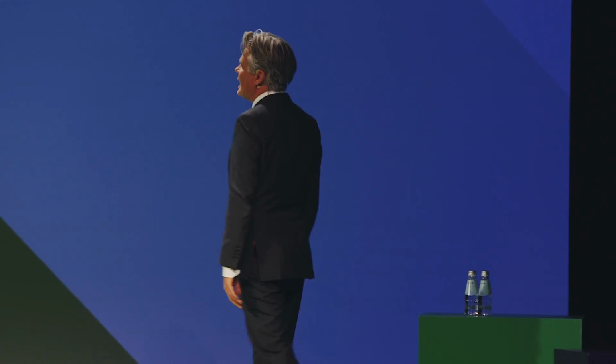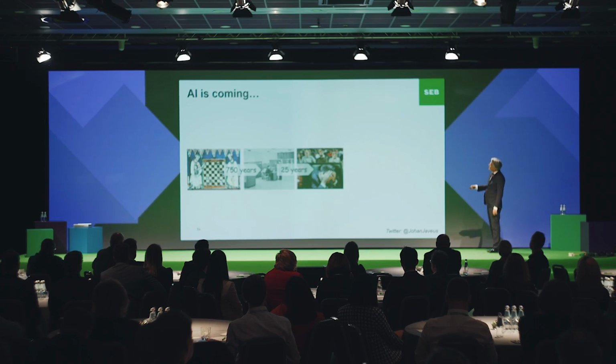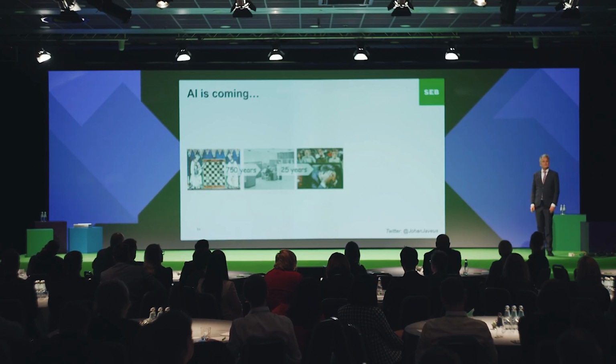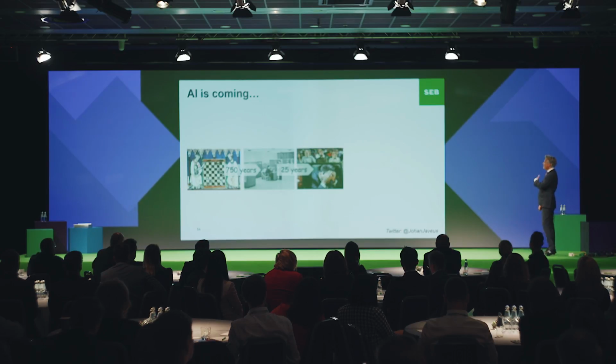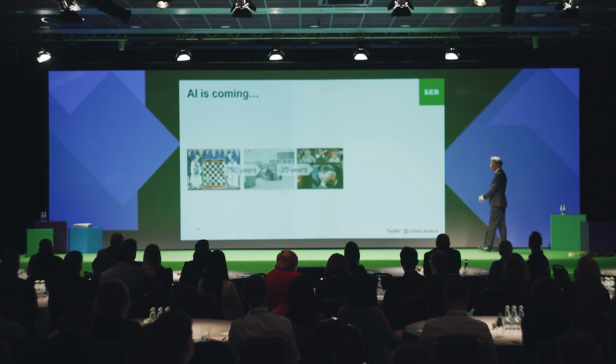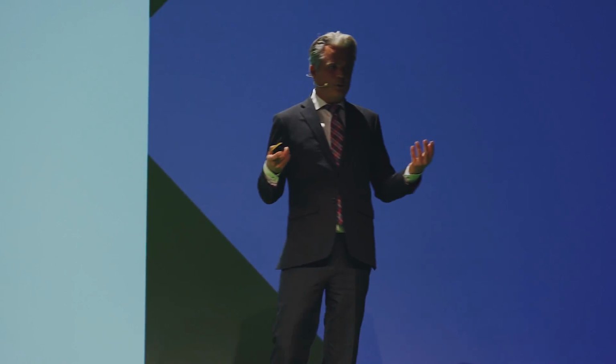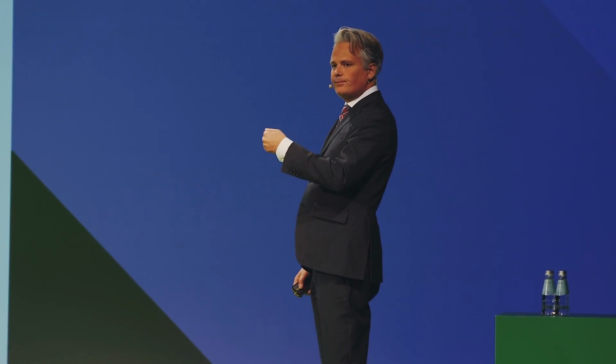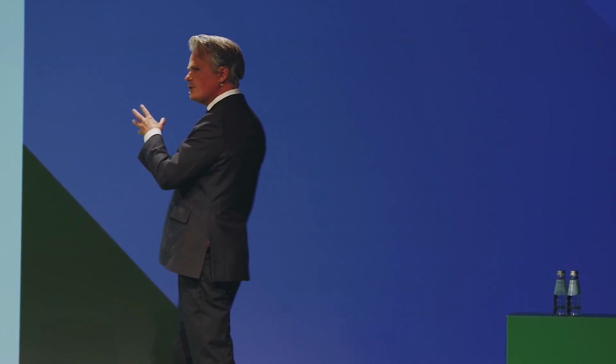But things continued, and 25 years after that, we had this epic game. Anyone know who the guy in despair is here? Kasparov, exactly. The reigning world champion in 1997, I think it was. And he lost to IBM's supercomputer, Deep Blue. It was the size of a room, but it managed to beat the world champion. And from this day, machines have always been better than humans. You might think that the story ends here. But machines continue to play chess, and they play each other.